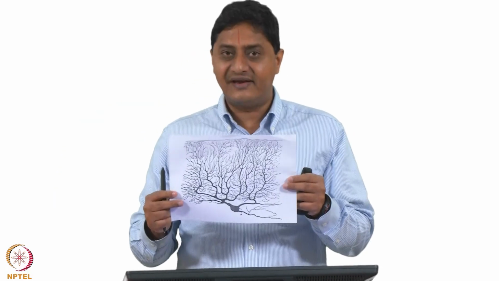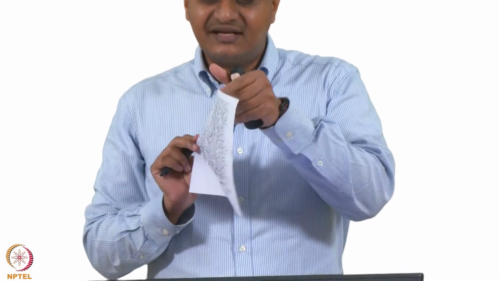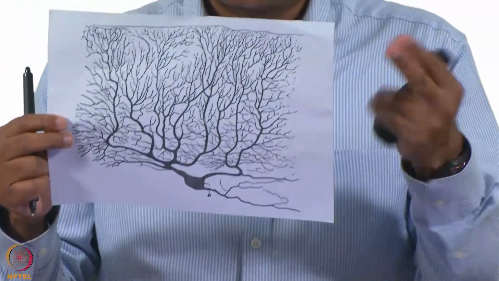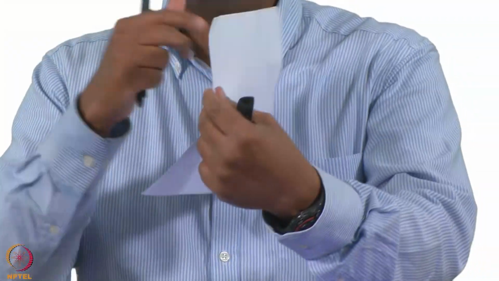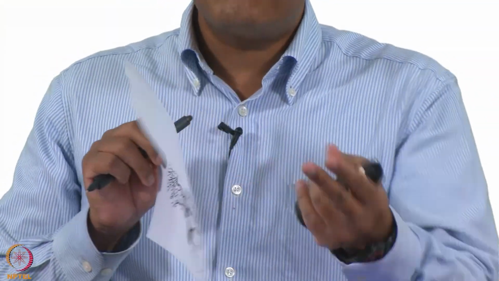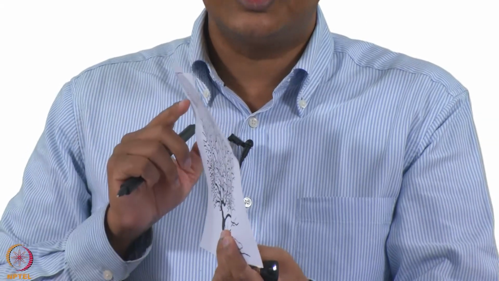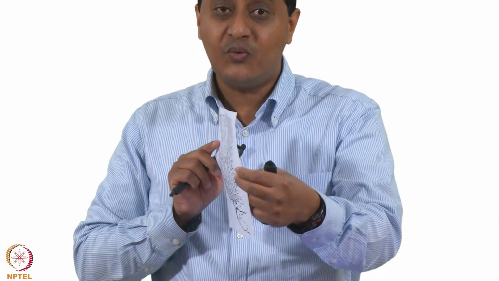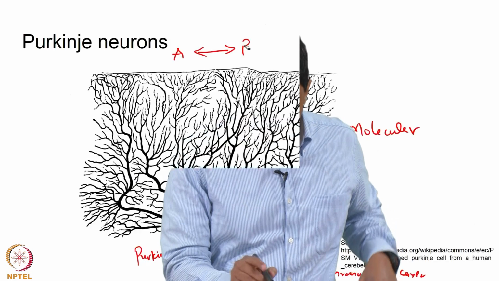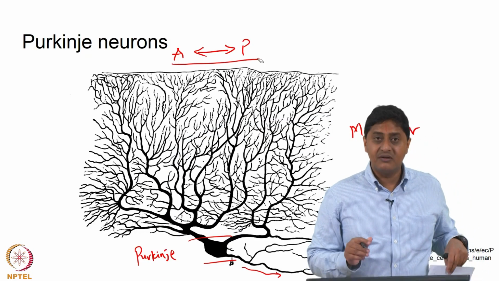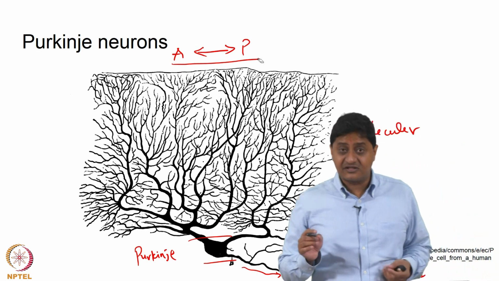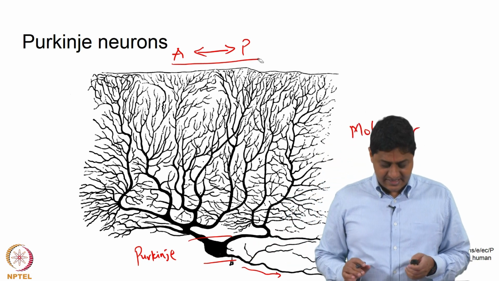For example, a paper is actually a 3D object, except that its thickness is much smaller when compared with its length and breadth. That is the length, that is the breadth, but its thickness is very small. It is actually a 3D object, but for most practical purposes it can be considered to be a 2D object, is it not? So, for most analysis we could consider that. Likewise, the Purkinje cell is actually very thick in the anterior posterior direction, but very thin in the mediolateral direction, and this is important for their function. Why? We will see in the next class.